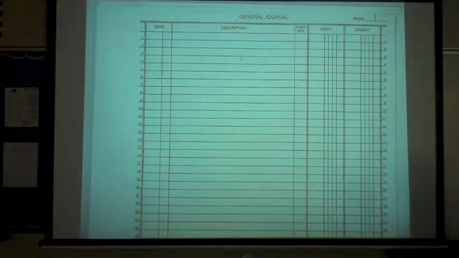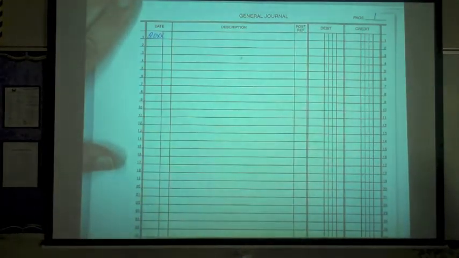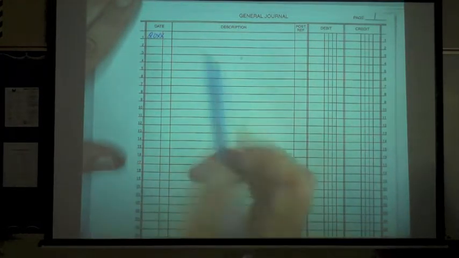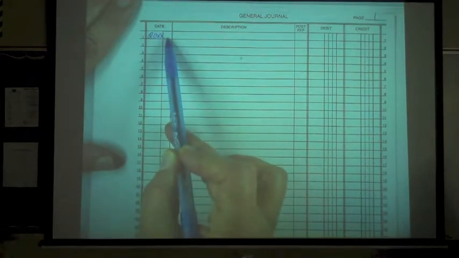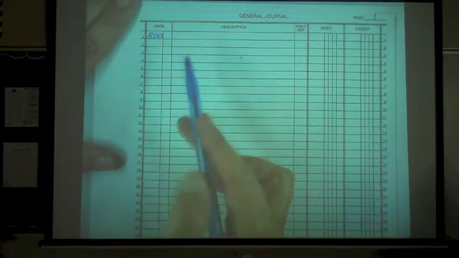If you want to use 2017, because that's the year this has been recorded, that's fine. I also tend to lose track of what years, just trust me, I get old. So I tend to do this for the years 20XX, and the XX just represents the current year. In a real life situation, you would write down the year that the transaction actually happened. Remember, on our first line of the page, we put the year. The second line, we're going to put the month and the day. This was on October